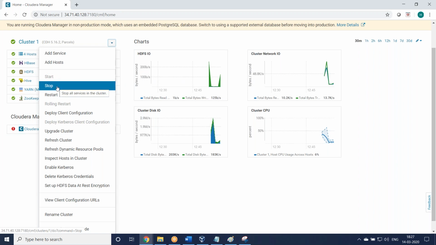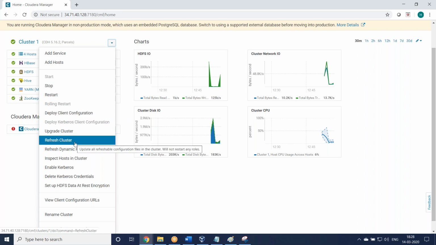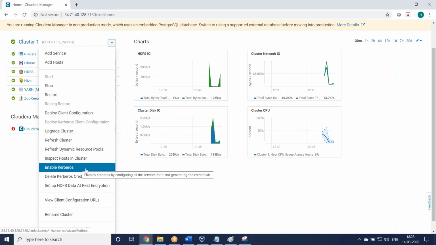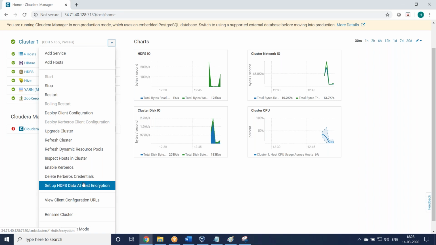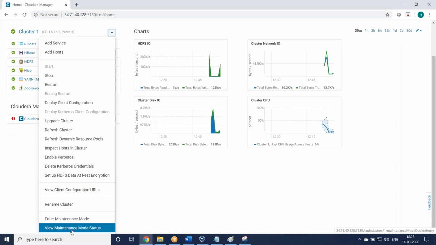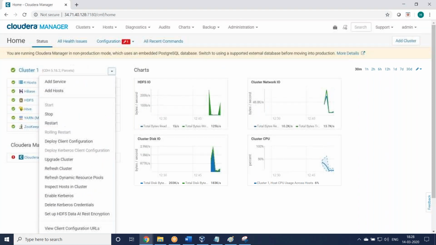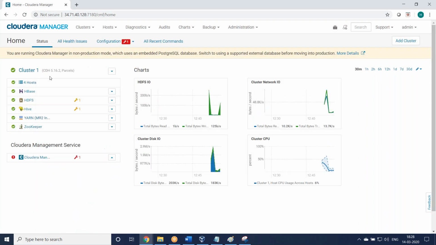The stop button is enabled. We can start the cluster, restart the cluster, deploy the client configuration, upgrade the cluster, refresh the cluster. You see, enable Kerberos, set up HDFS REST API. So cluster rename, maintenance mode, all the options we can do from here, from the cluster option.